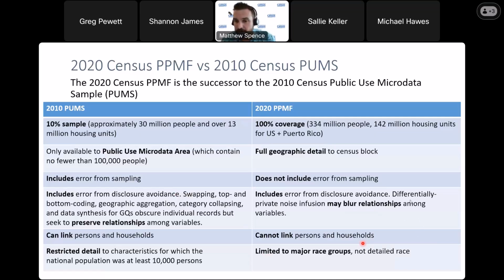One question is, will the PPMF aggregations match census aggregations at all levels of geography? Yes, at all levels of geography that are available, they will match. So, quickly going back,